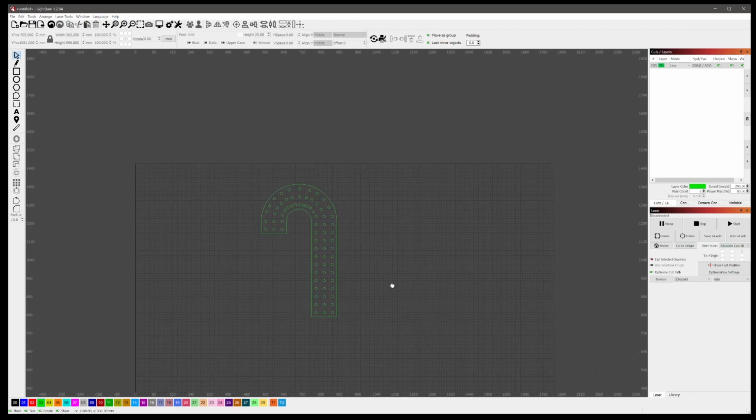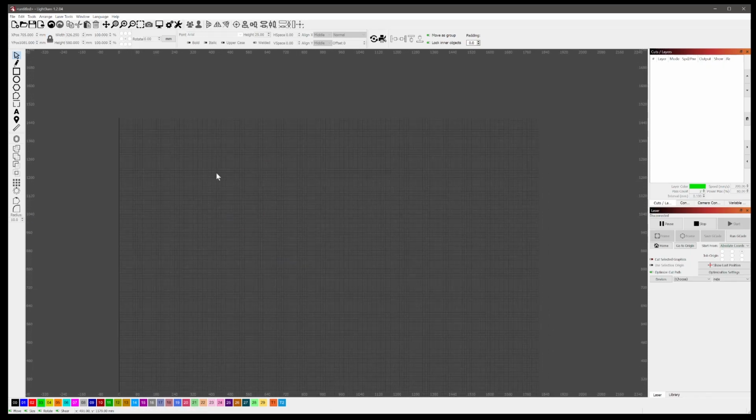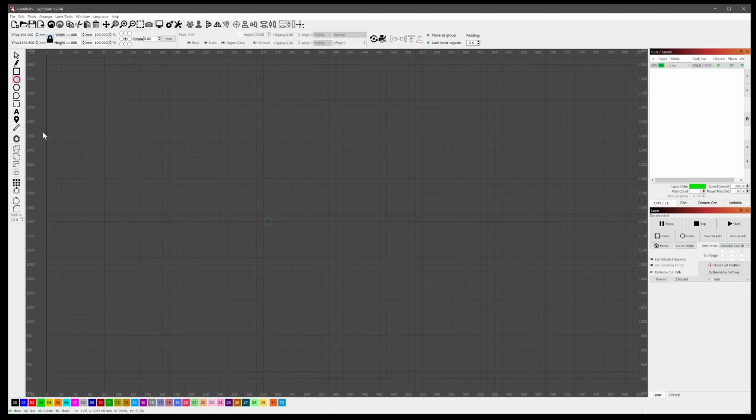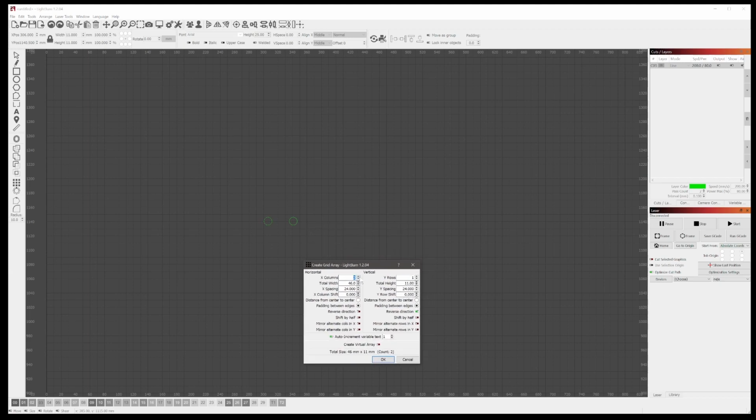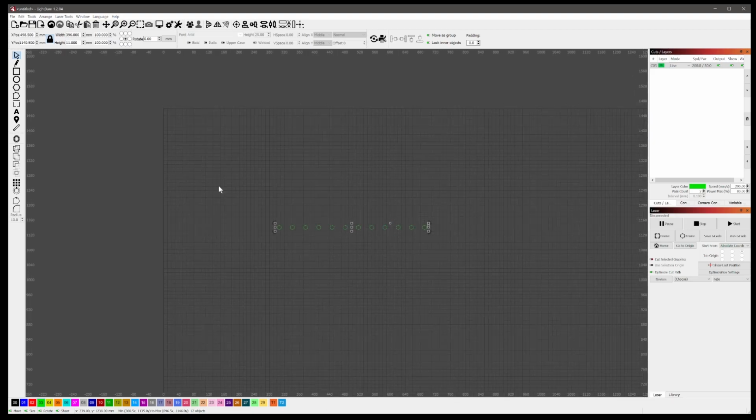Now we can quickly try something else, say like a spinner. Get rid of that. If you wanted to do just a simple spinner, you get your pixel again, 11 mils. And then you go to the array tool, and I don't know how many you want, but let's just say 12. So we got a row of 12, and then we'll go over to the circular array tool here,